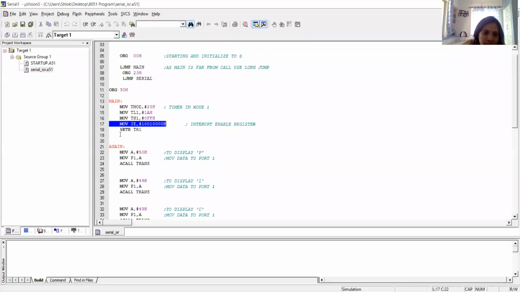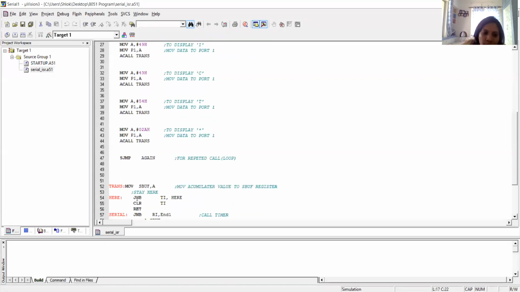In the IE register, the serial port bit is there, called IE.4. That bit is set to 1 because of this statement. Then, whenever the TI is raised to 1, it automatically goes to the memory location called 0023. So this is how the jumping occurs because of this ISR. Are you able to get this?